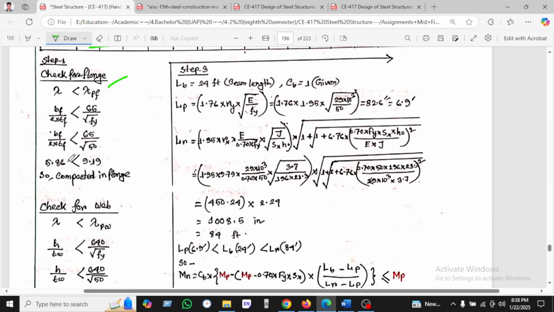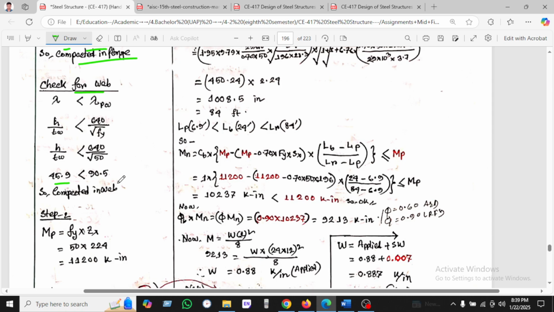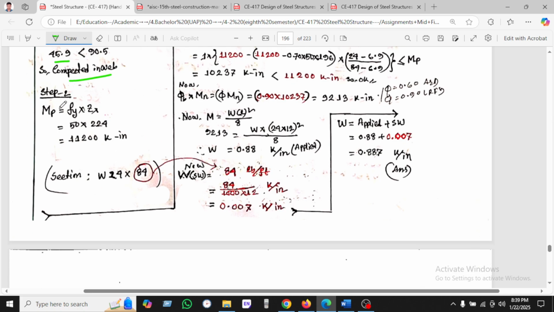So check the flange, we have found 5.8, which is less than 9.81, so it is a compact flange. And checking the web, we have found 54.9 is less than 90.5, so the web is compact. So now, step 3, we can calculate the Mp, where Fy is given, and Zx